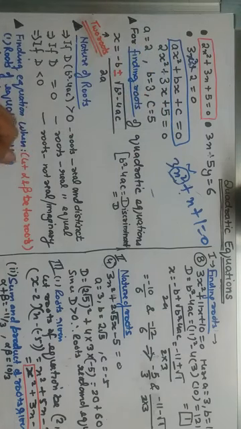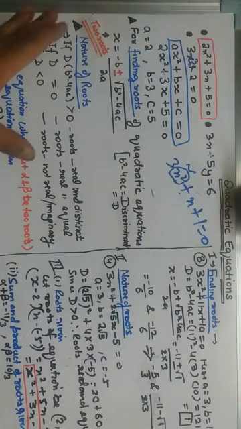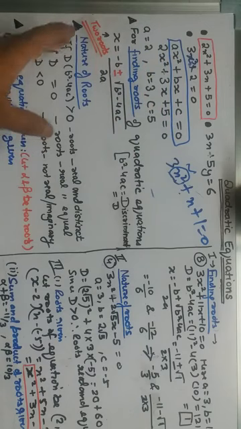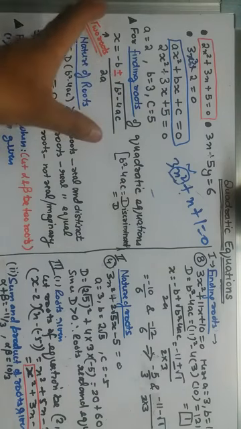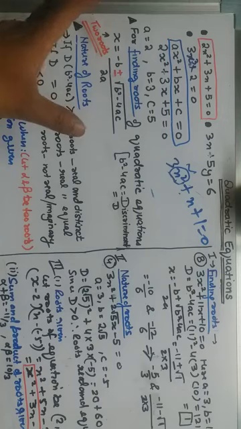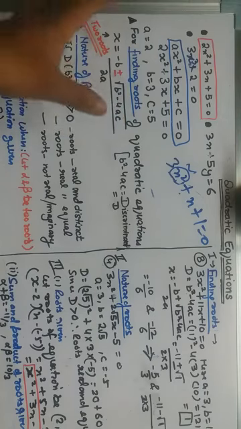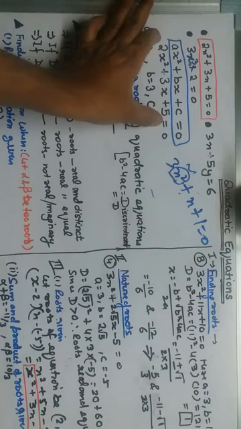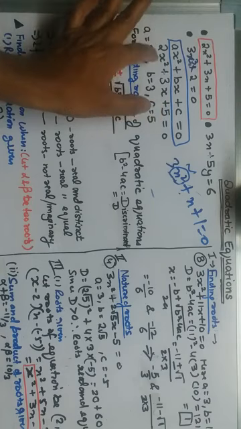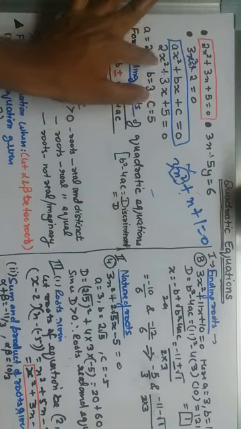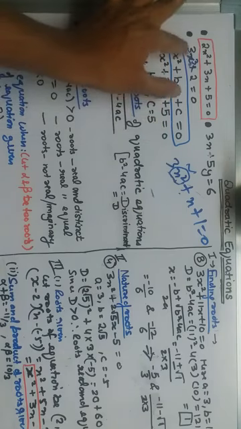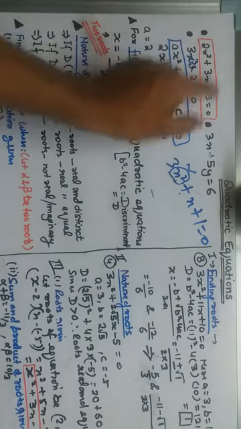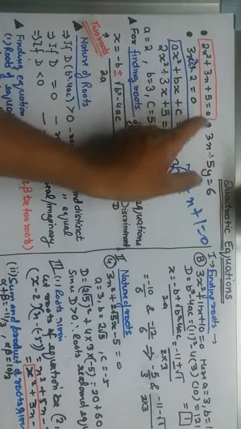What are roots? Roots are the values of x in any equation. Suppose we are solving a quadratic equation and we get values of x. Those values are called the roots of the equation. Roots are nothing else, just the values of x. Suppose we factorize this and we get two values of x. Why two values? Because whatever is the greatest power of x, that many values we will get from the equation. In the x cube case, we will get three values. If we have only a single power, we get one value of x.